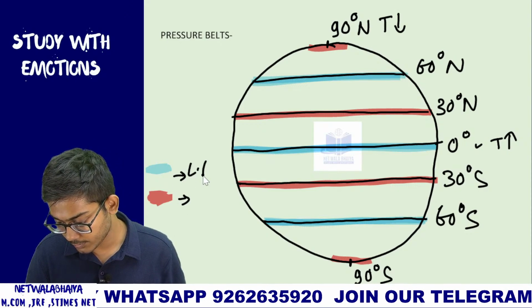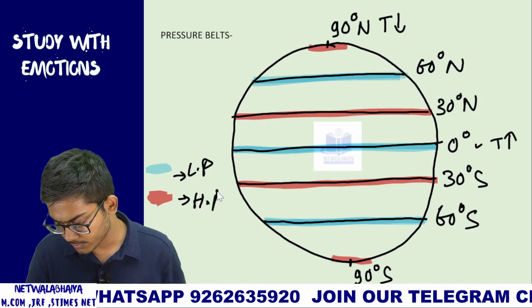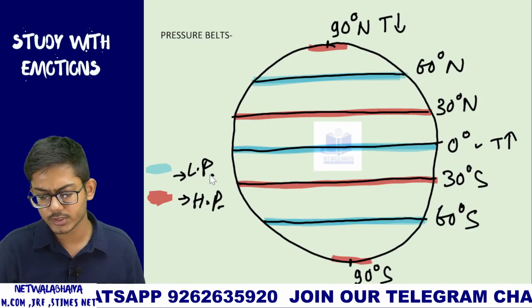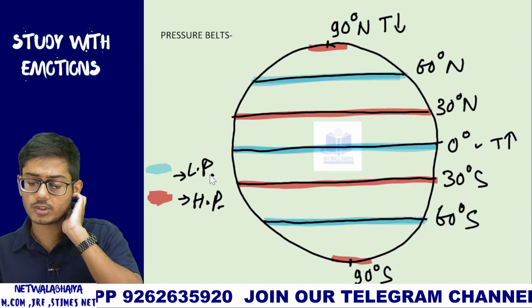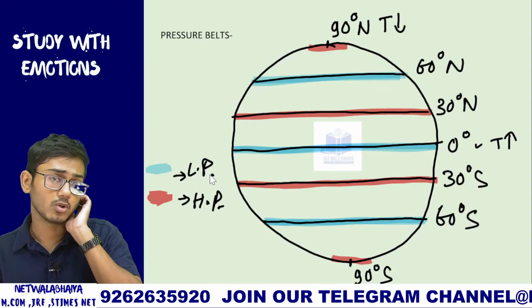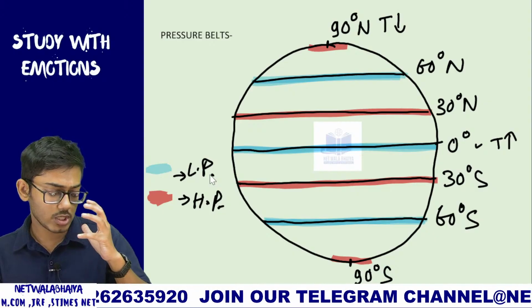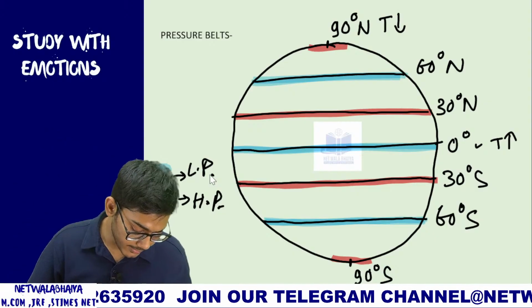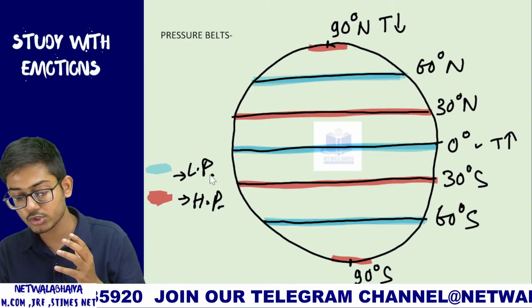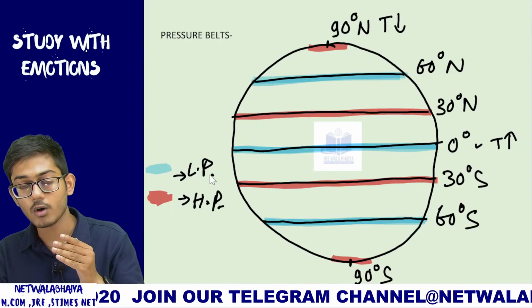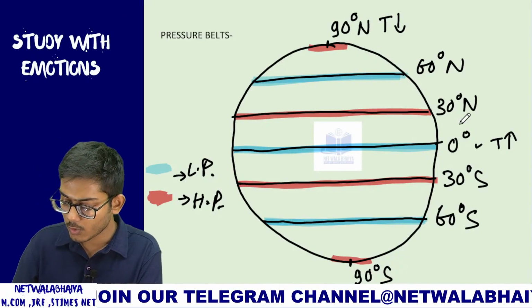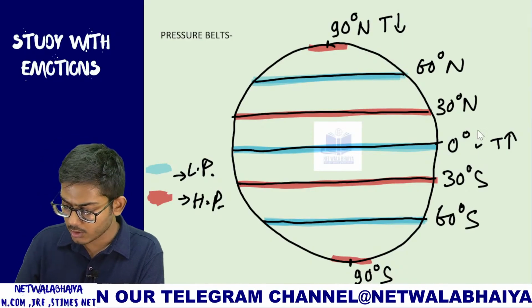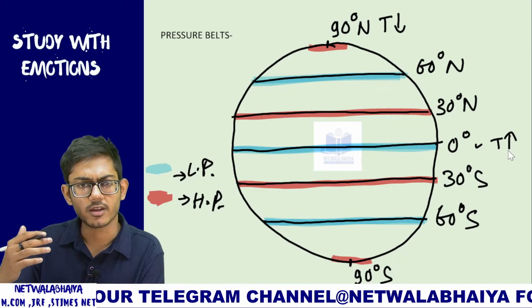This is your low pressure and this is your high pressure, because nowadays during these assistant professor exams, you need to write for your mains exams also, isn't it? So as a geography student, you should be very prepared to draw proper diagrams for whatever things you are trying to represent. So what happens on the equator? On this equator the temperature is very high, because there is a lot of heat,